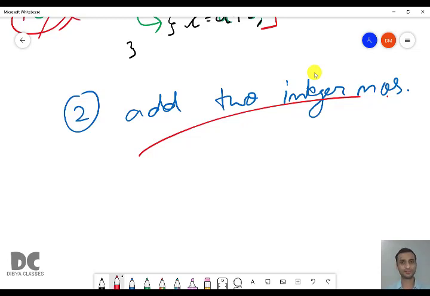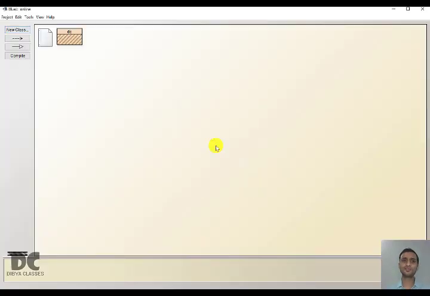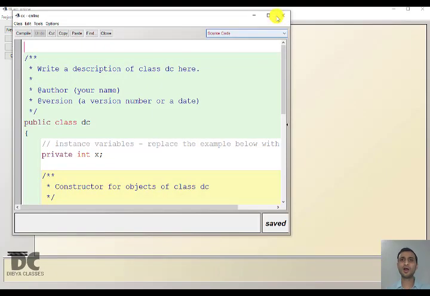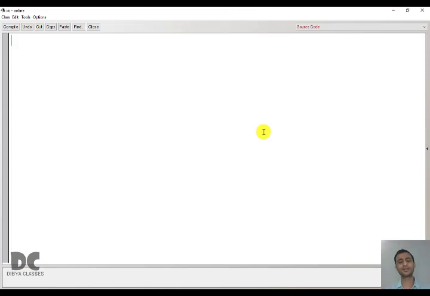So how to do that? Okay, so I'll write this program in the BlueJ environment. We are going to use this environment to write future programs, so that it will be more visibly clear. So let us move to the BlueJ platform. In future classes, I will also tell you how to install BlueJ, how to write programs in BlueJ, how to run and get output in BlueJ, everything.